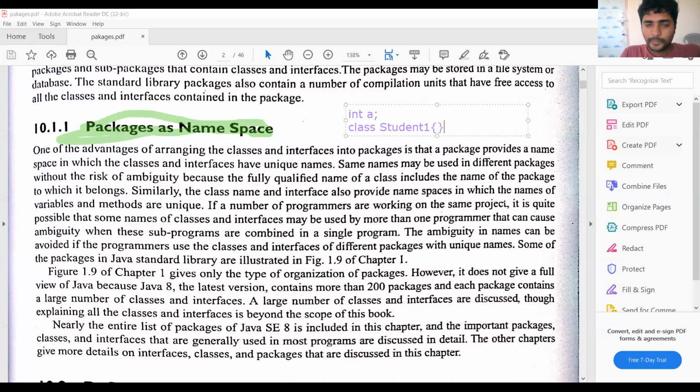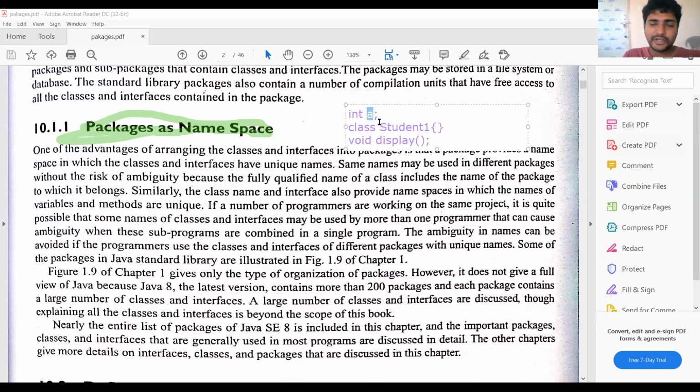If you want to create a method, void display(); that is an abstract method. Display is an identifier, Student1 is an identifier for the class, and A is an identifier for a variable of type integer. This type of convention is known as namespace.